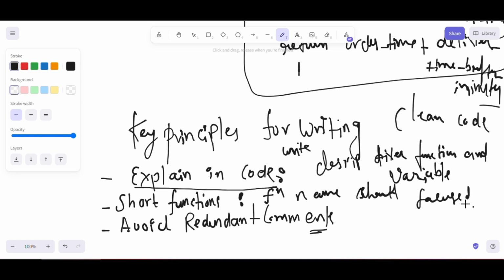Avoid redundant comments. Basically, don't comment on what is obvious. If you must comment, make sure it adds value. Comment where you think a particular thing needs explaining. When you start designing your classes, write descriptive comments explaining what the class is about and what features it can do.